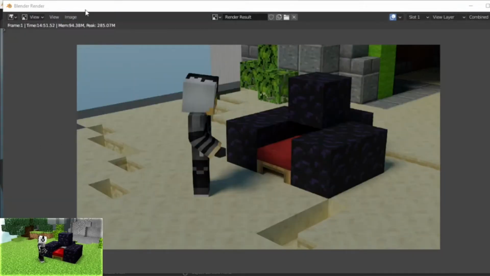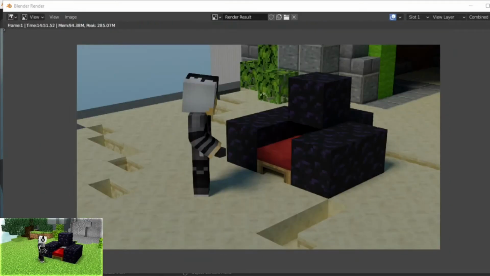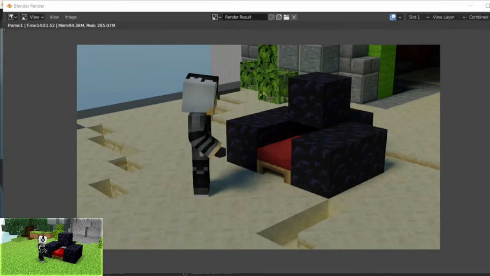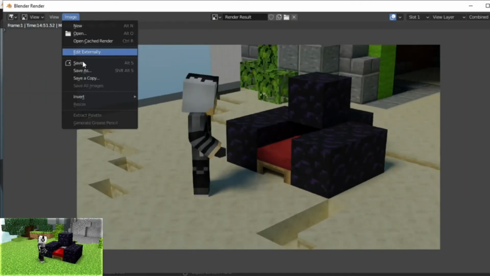So after a while, your render will finish. You can tell that by in the corner. Instead of saying remaining and how much has been done, it will just be like this. And if you compare this to the original thumbnail, it's not too bad. Obviously, you have to definitely increase the brightness a little bit, but I think it looks pretty good for something made in probably like under 30 minutes. So yeah, okay, once you're done with that, just click Image, Save As,